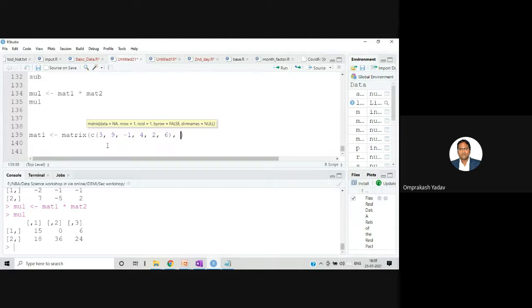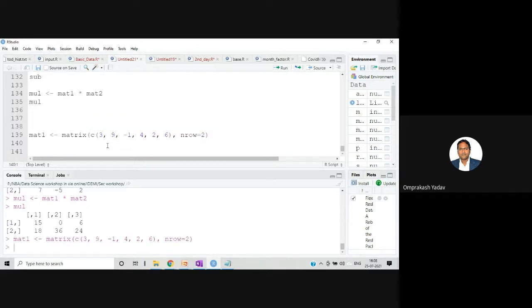Then I'll give the dimension of this matrix as nrow equal to 2, so that will be two rows. I display mat1. It's like 3, -1, 2, 9, 4, 6.